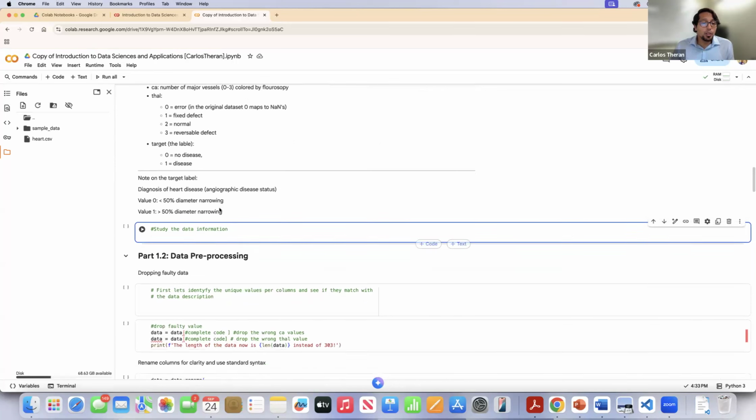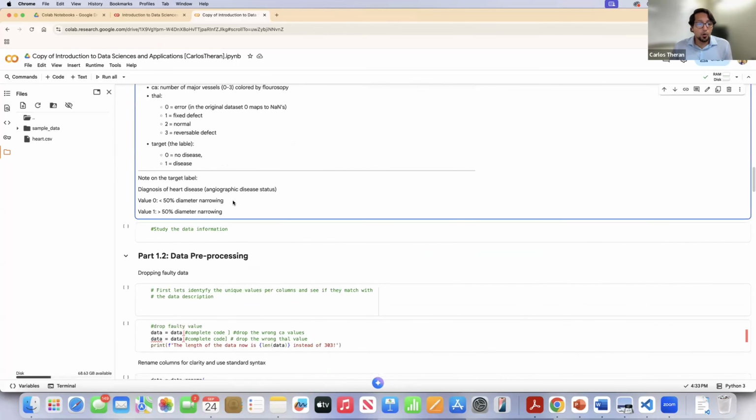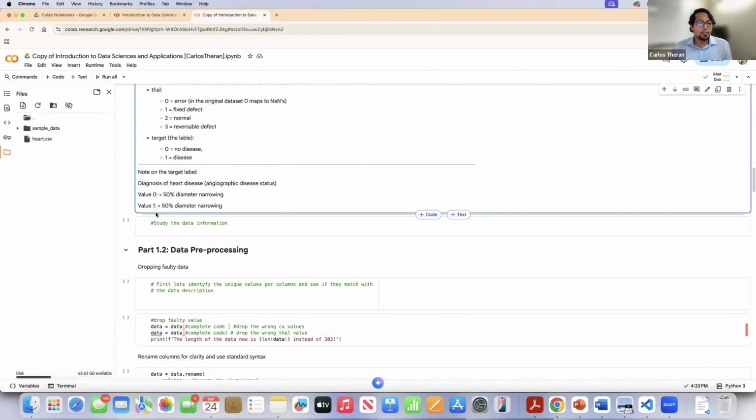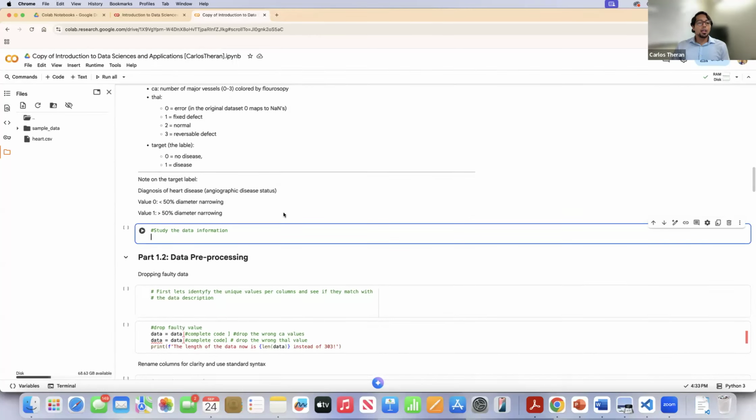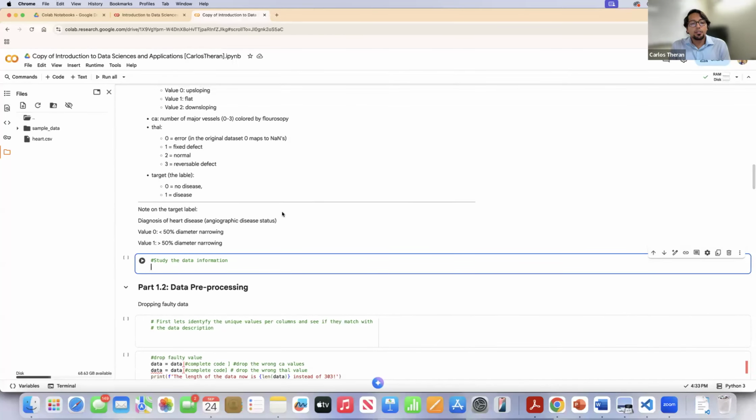So we will define a threshold in order to diagnose a heart disease. If the value is less than 50%, the label is 0. That means it is non-disease. And if the percentage is greater than 50%, that will be disease. Okay, 0 for non-disease and 1 for disease. So once we have that information, let's try to